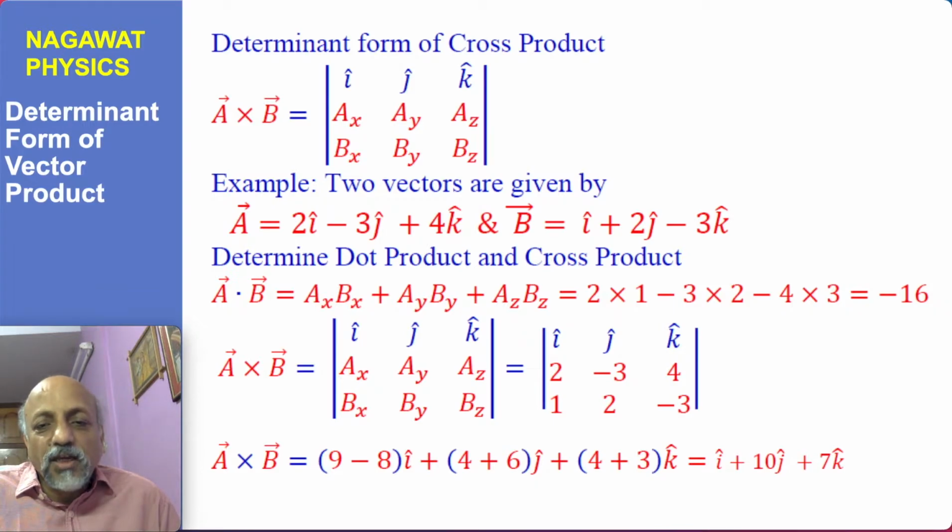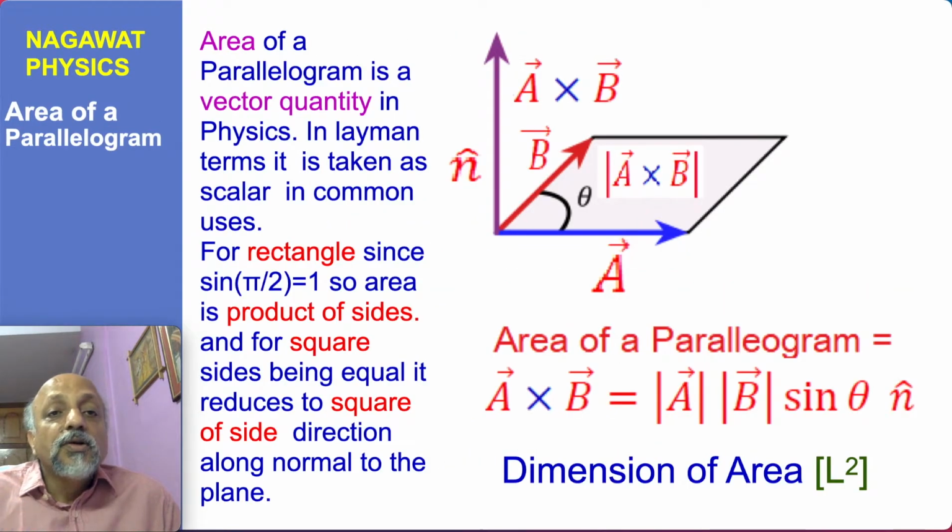And especially if you are using the determinant, you must check it n number of times, to give you sufficient practice so that you don't commit a mistake in evaluating by the determinant form. But it's quite easier to remember the cross product in this particular form. Now it's a very useful operation, and if you have two vectors A and B, then they define a parallelogram